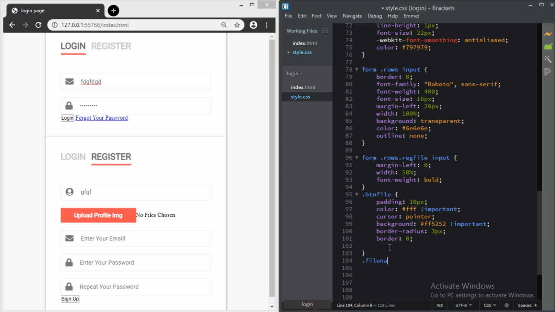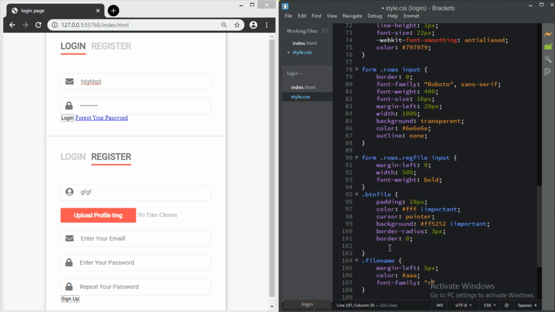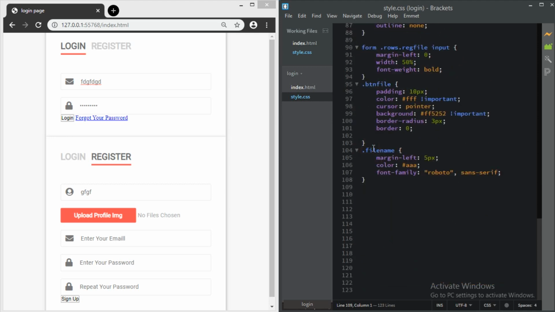That's file name, margin left, that should be 5 pixels. After that, color should be AAA, and then font family should still be Roboto, sans serif. Alright, we're almost done with this, so let's move on to the